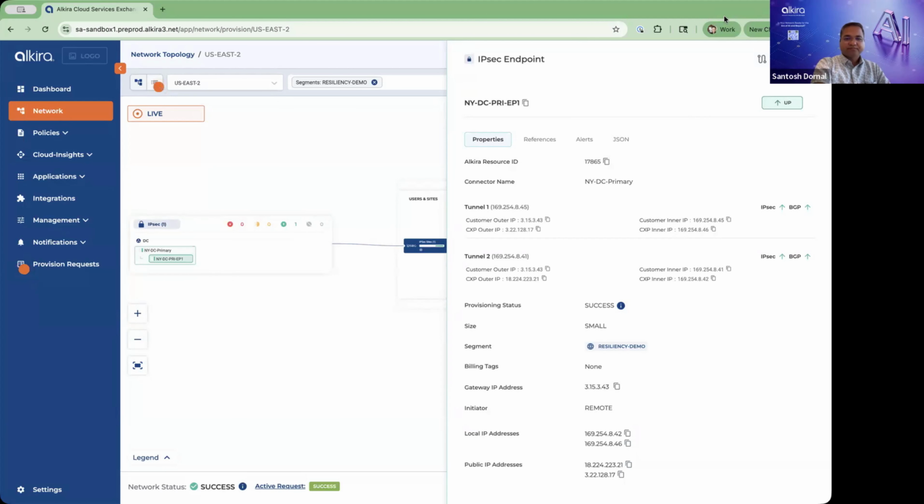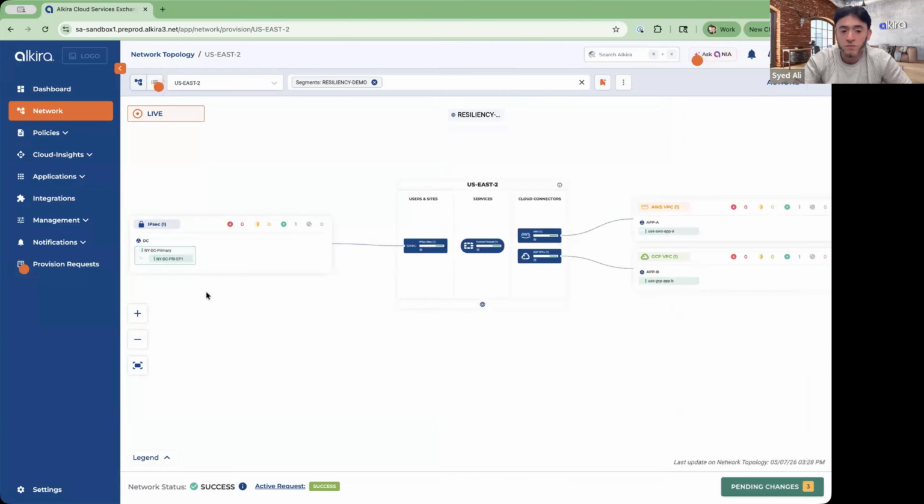So what we'll do for the purposes of this demo for our viewers, Santosh, is we're going to first take down one of the connectivity. Give me a second while we do that, and we'll see that connectivity being taken down in this portal live. What we're expecting is it'll turn from green to yellow, showing its actual connectivity.